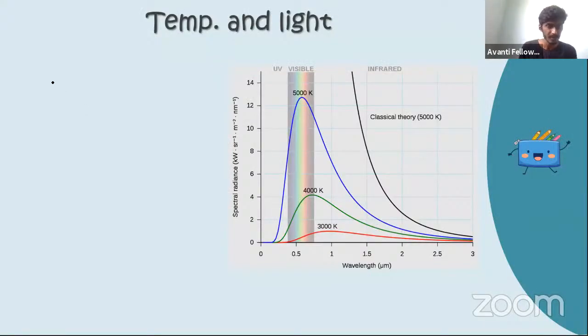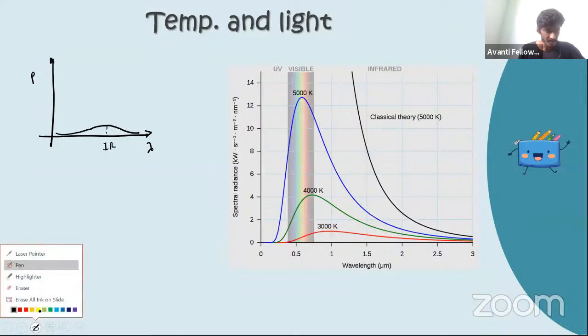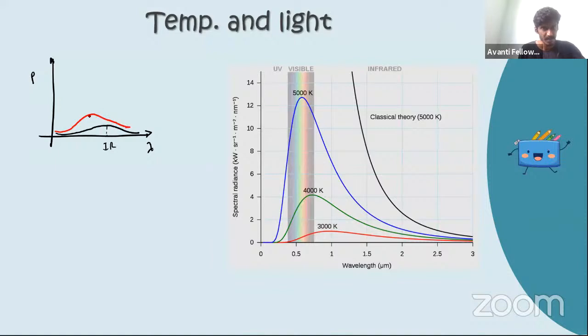So let me tell you what's happening very quickly. I'm going to plot wavelength on the x-axis and intensity or power on the y-axis. At low temperature, I'm getting mostly infrared, the long wavelength light. Now I'm going to increase the temperature. When I increase the temperature, the light rays will be much stronger. Instead of infrared, I'm going to get visible light rays. If I increase the temperature a little bit more, I'm going to get ultraviolet light rays. If I increase more temperature, like a supernova, then I'll be getting gamma rays.